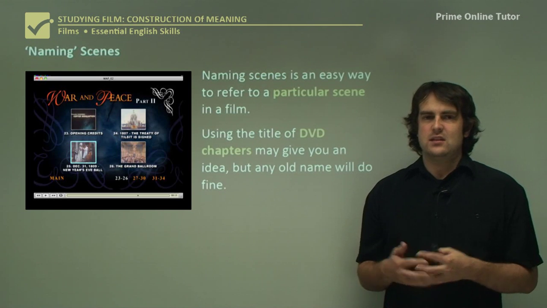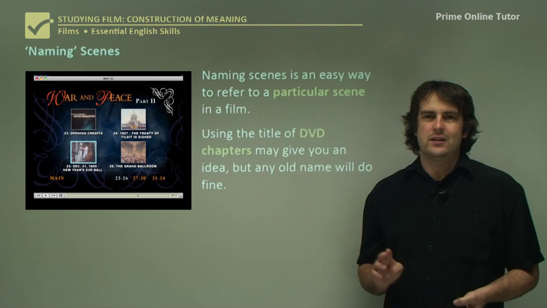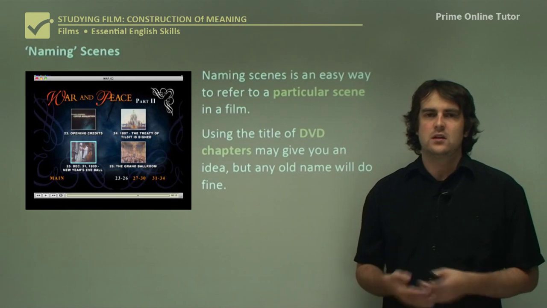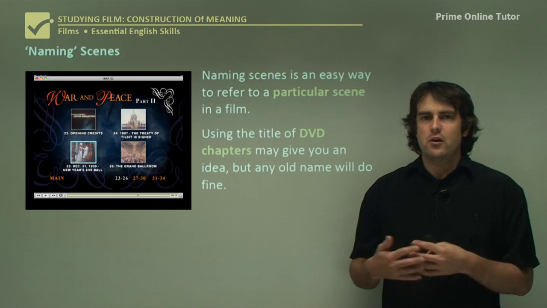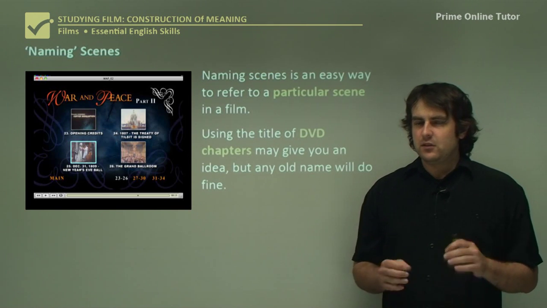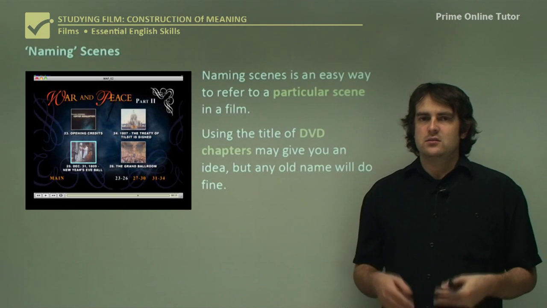Now, as I said, it's not as simple as a novel or a play where you can refer to a scene number, a line number, an act number, a chapter number, all those things, because you won't have that luxury in films. So you just have to come up with your own name, describe it, maybe give a little bit of detail about what that scene's about, and then discuss what techniques are in it